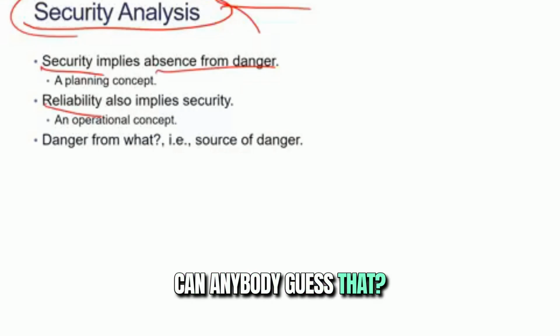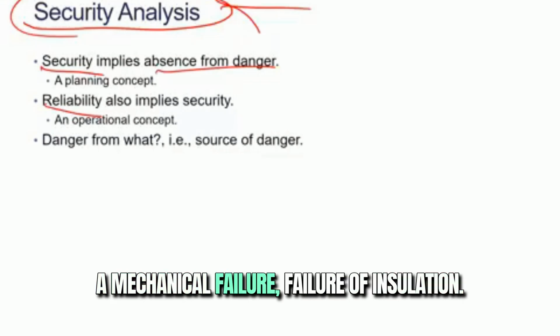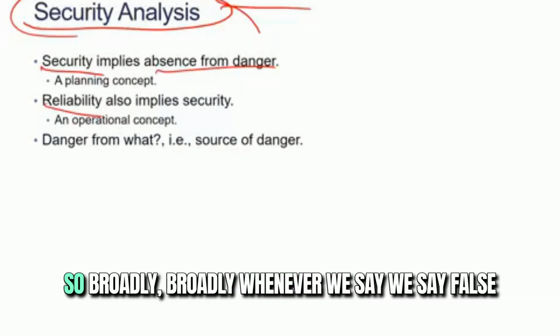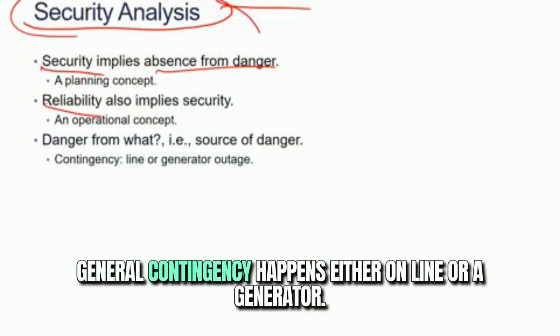Can anybody guess that? Yeah, I think it's faults, storms, breaking, a mechanical failure of insulation. Yeah. So broadly, whenever we say faults, which we can call contingency, or in general, contingency happens either